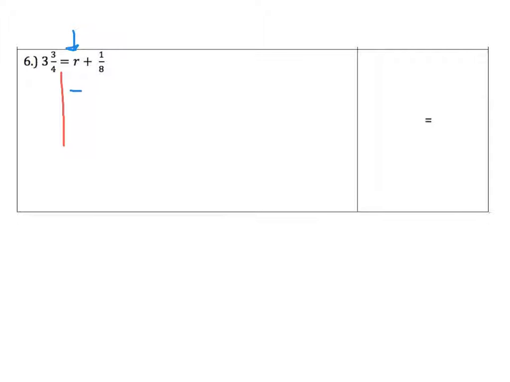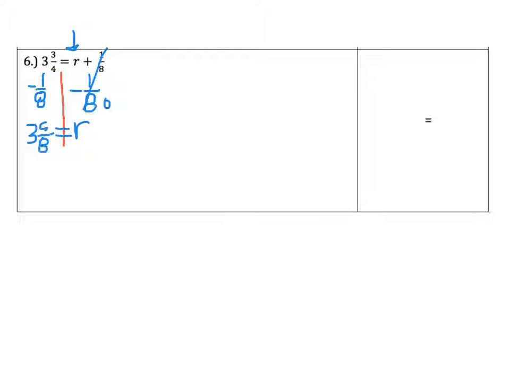So I'm going to subtract 1/8 from both sides. So these add up to 0, so I have r all alone on this side. And then I can type into my calculator 3 ABC3 ABC4 minus 1 ABC8, and I get 3